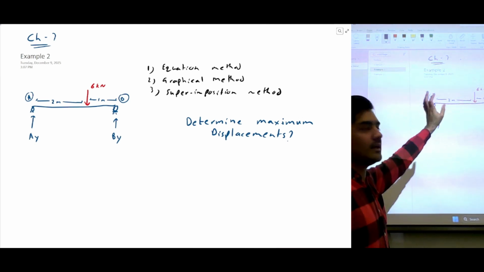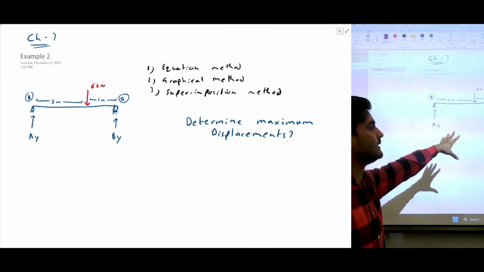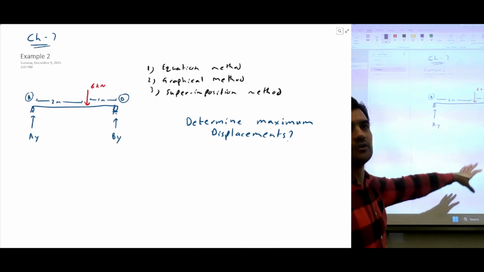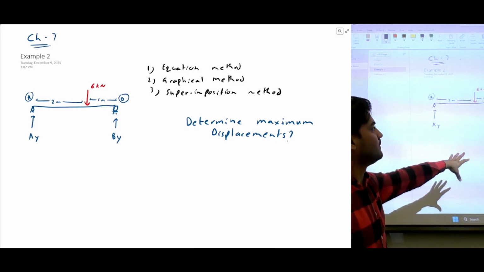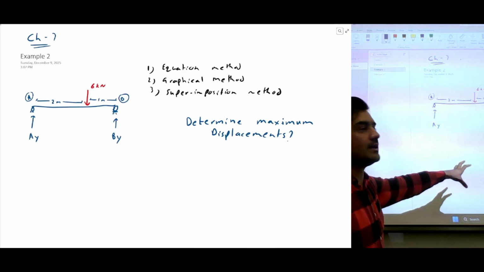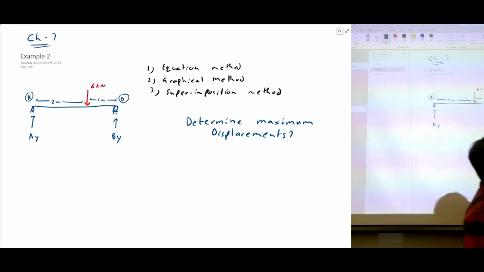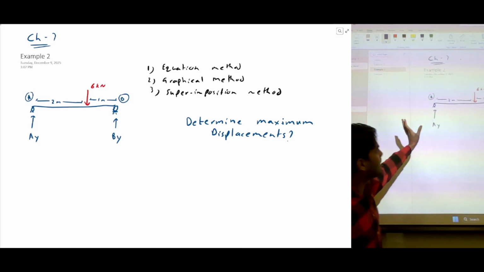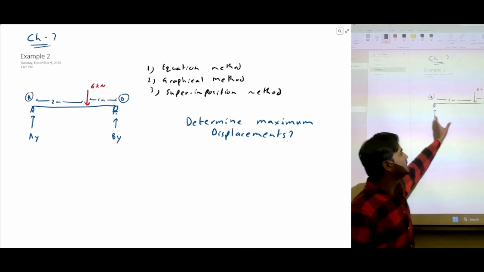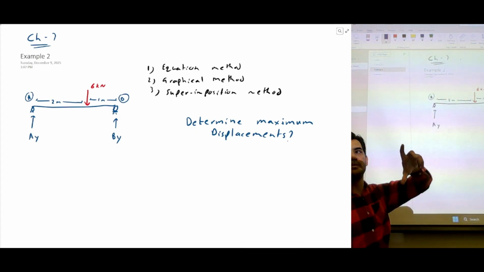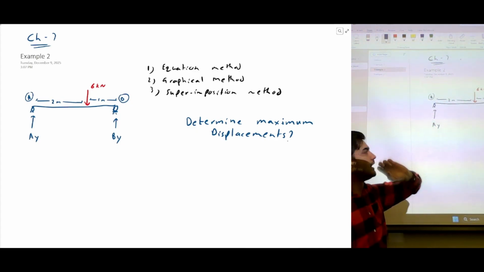We were talking about displacements and bending angle in the last lecture. Today also we'll do one example and we'll try to calculate in this case. So this is an example which we will do today, and we will try to calculate maximum displacements. There is at some point you're gonna get maximum displacements because of this load, and this is what we